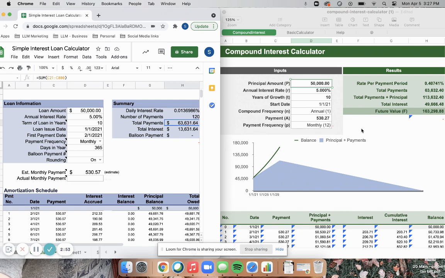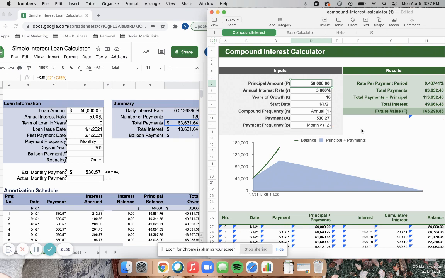Now, let's look on the compound interest side. This is the types of loans you're going to be getting with a credit card, a bank, a mortgage, a car loan, things like that. If we look out at total interest, $49,666, right? For a future total value of $163,000. So just for the opportunity to borrow 50% at 5% compounding, you'll notice we're paying significantly more with compound interest,